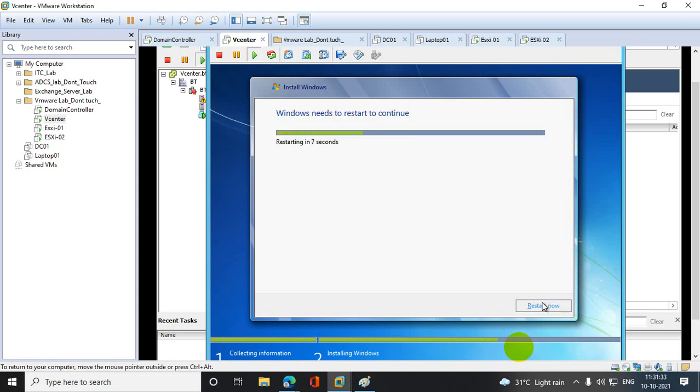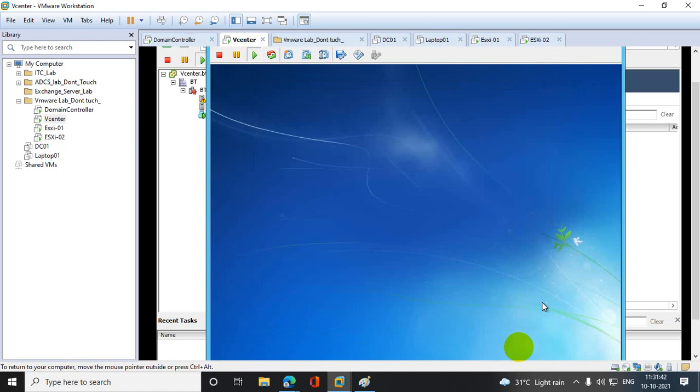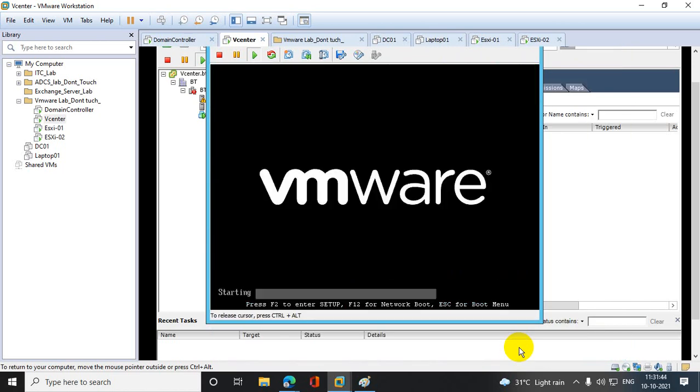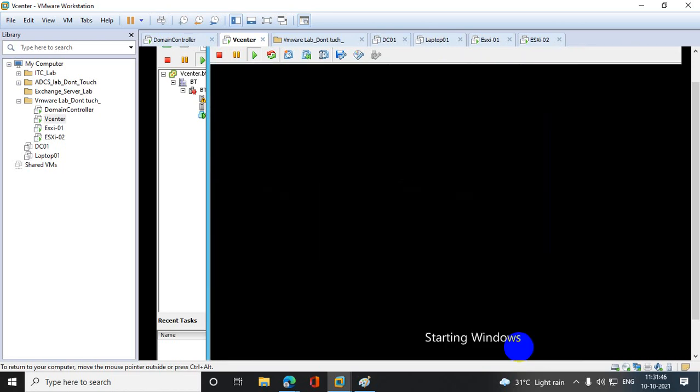Okay, so hopefully my Windows 7 is installed on the virtual machine which is running on the ESXi host, and after that our next intention is to install VMware Tools, and then I will try to create the RDM.